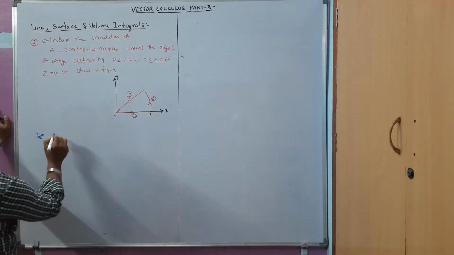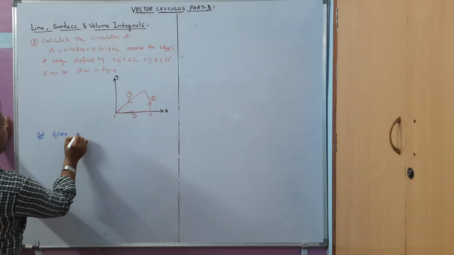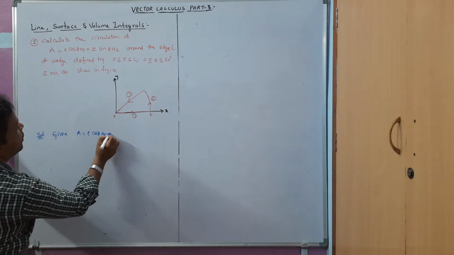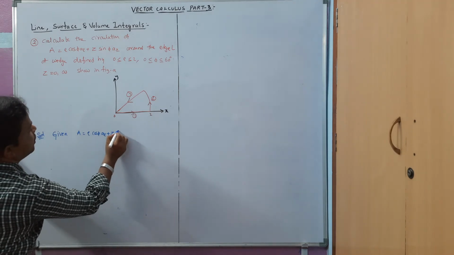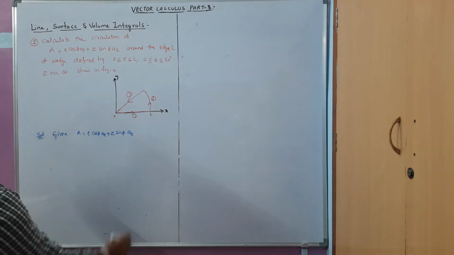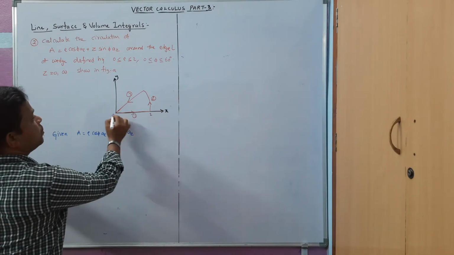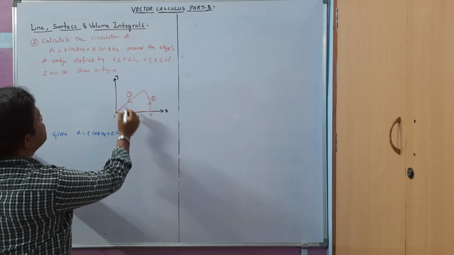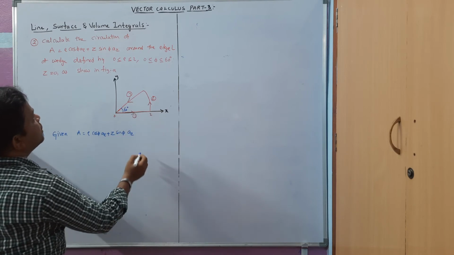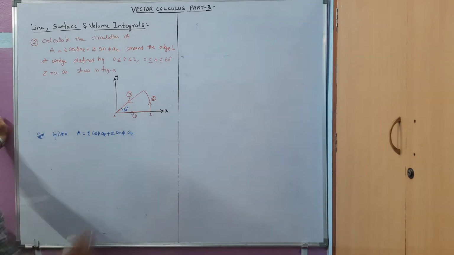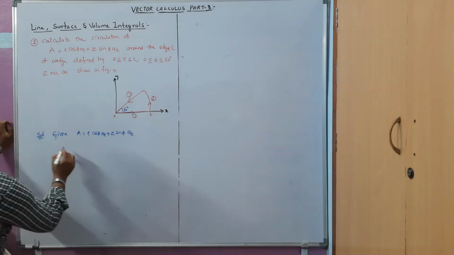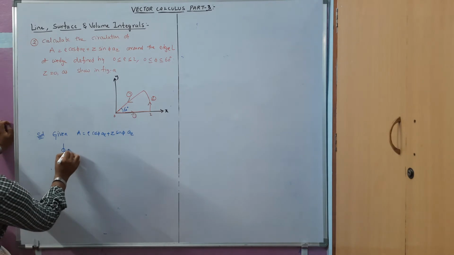Let us write the given data here. Given vector field A, vector field rho cos phi A rho plus z sin phi Az. Okay. Now he has given the ranges. So the range is, this is the rho axis, or we can say x axis also, 0 to 2, and the angle is here 60 degrees, phi, and z is 0. So z is 0 as we have seen from the figure. Now we have to find the closed loop. Same, we have to find this one, that is closed line integral A dot dl.